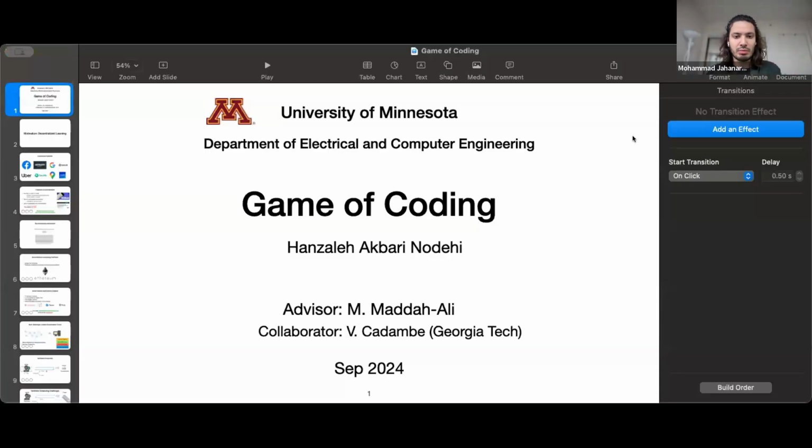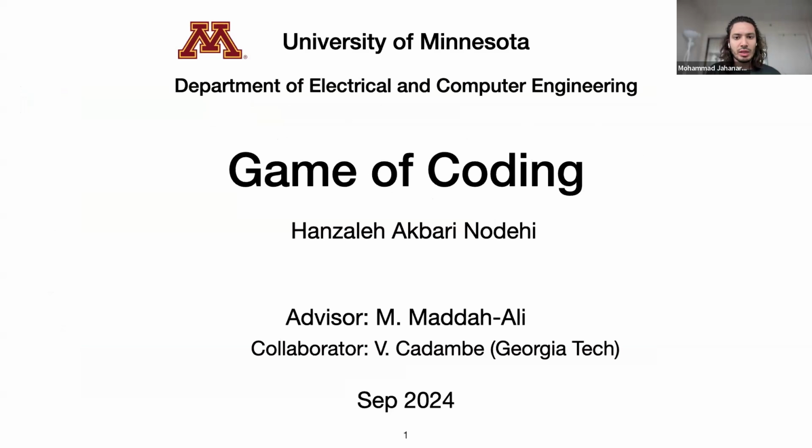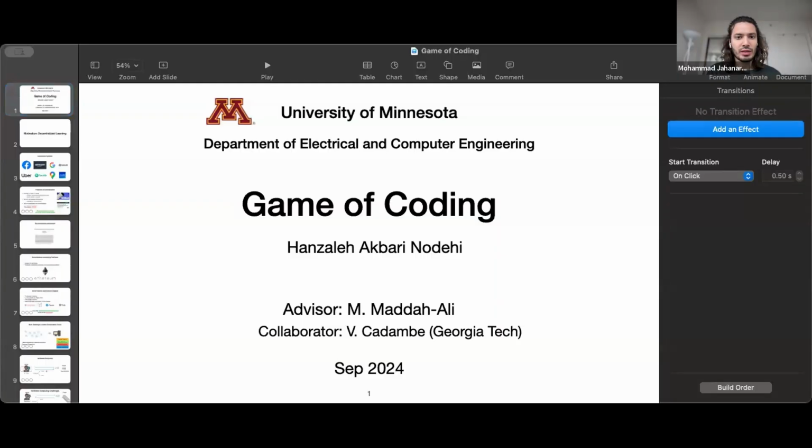And I think this is the first work that looks at the problem of coded computing from the lens of game theory, in the sense that it considers incentives of players as well. It's a very interesting work that I've been meaning to share and learn more about. I'm excited to have Hanzaleh here to tell us more about this. Thank you for accepting the invitation, Hanzaleh, and take it away.